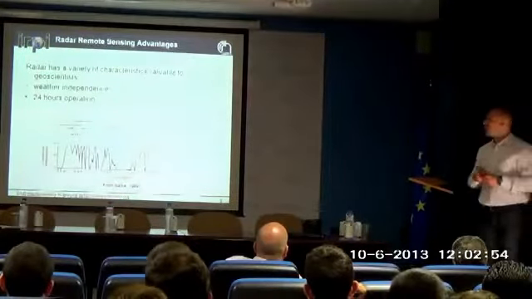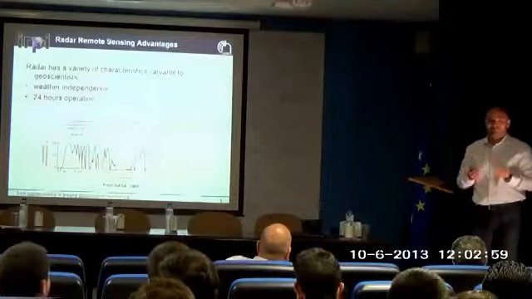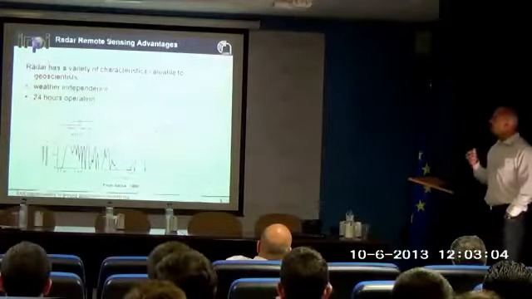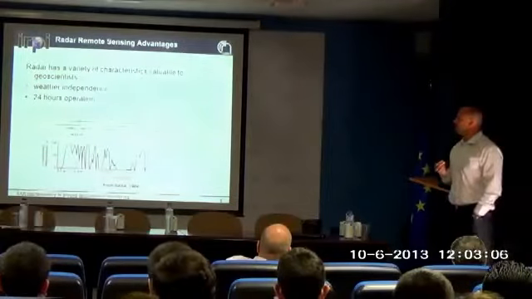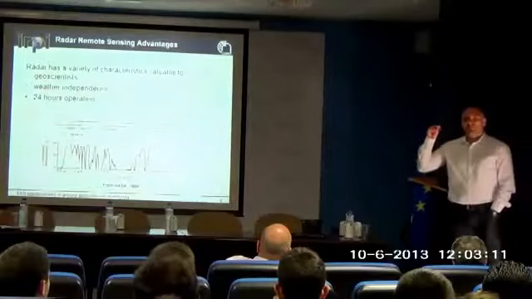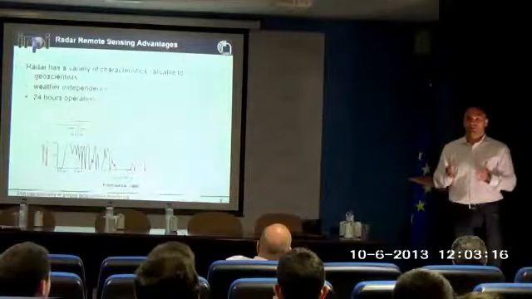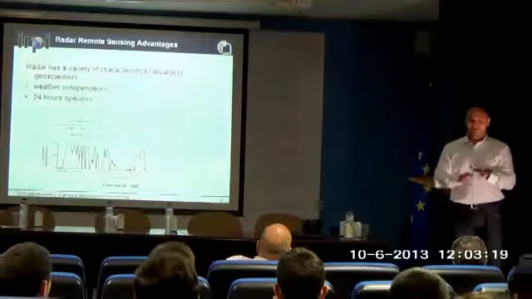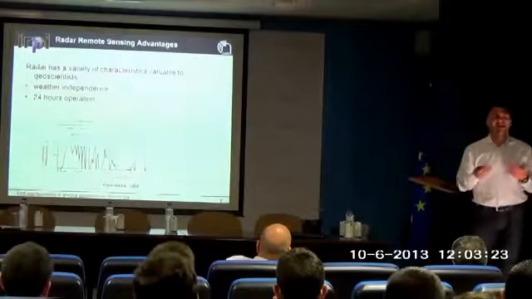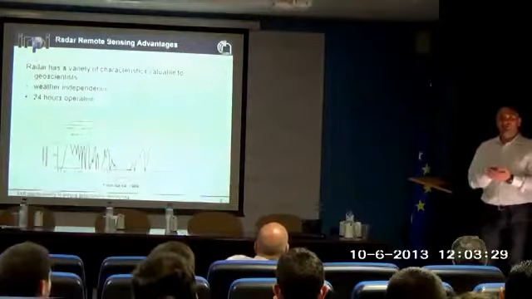Why is the radar so useful for a lot of people, but especially for us as Earth scientists? Because it's weather independent and it's a 24-hour operation. What does that mean? If you have an optical satellite looking towards the ground, the first thing is that you have to see clear sky, no clouds, because the visible light is not able to pass through clouds, for